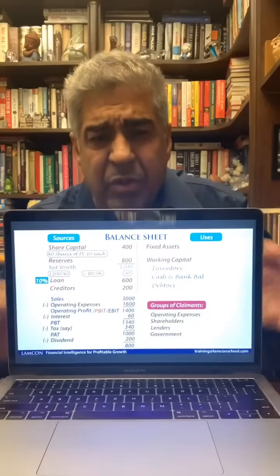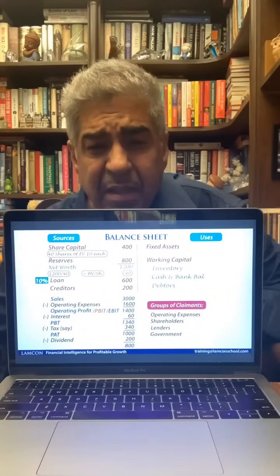You know, if you pick up a real life balance sheet, and I will urge you to do it tonight. If you're running your own business, pick up your own balance sheet. If not, you can go on the internet and download as many balance sheets as you want. Every listed company's balance sheet is available on the internet. I suggest you download as many balance sheets as you can. Now, if you pick up a real life balance sheet, what have I been showing you balance sheet looking like? I've been showing you balance sheet looking like, okay, before that,